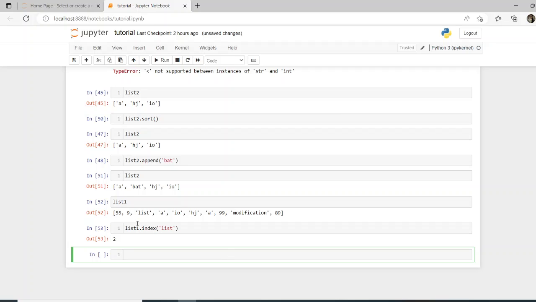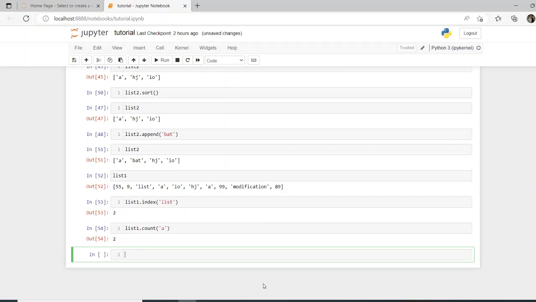So this list element was present at index position 0, 1, 2, and it mentions that this is at the index position 2. Now let me say you would like to see how many times a particular element occurs in a list, and that is done using the count keyword. So list 1 dot count, say I'm trying to count the number of A's,